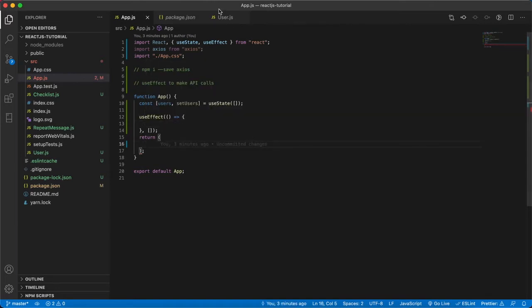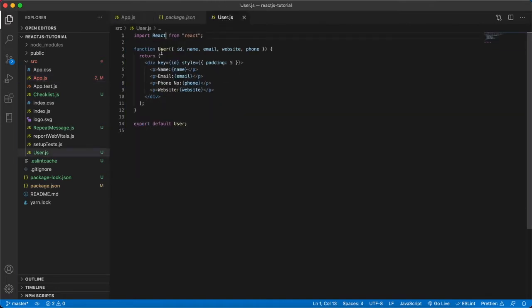Apart from that, I have also created a Users component with a users function that takes properties like id, name, email, website, and phone number. These are the data that I fetch from the APIs, and id is the unique id.